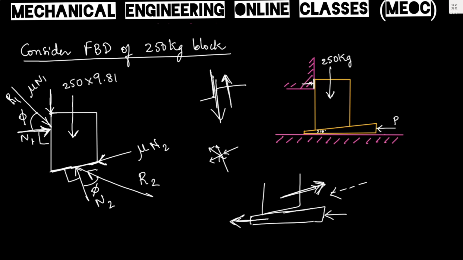So what we have done by finding the resultant of friction and normal reaction is we have reduced the number of forces. Without that also we can do with sigma Fx equal to 0 and sigma Fy equal to 0, but I'll just show you why I'm doing this. I'm doing this so that I can reduce all the given forces into only 3 forces, so I can apply Lami's theorem.